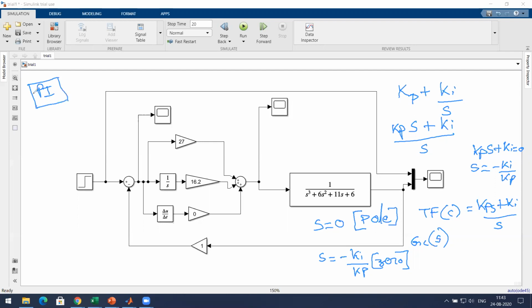We are leaving out D for simplicity for now. So this is the pole at 0 and a zero at minus Ki by Kp. This can be called a real zero. Can I call this a real zero? What do you mean by real zero?